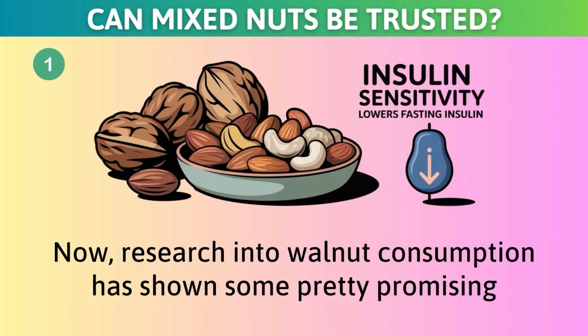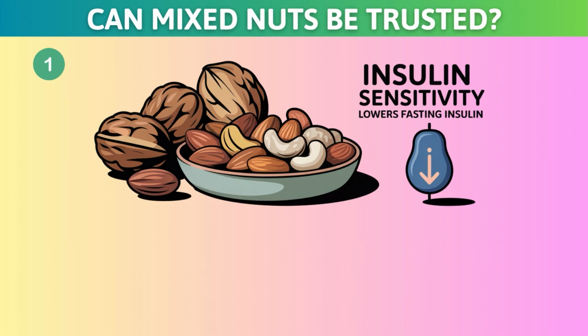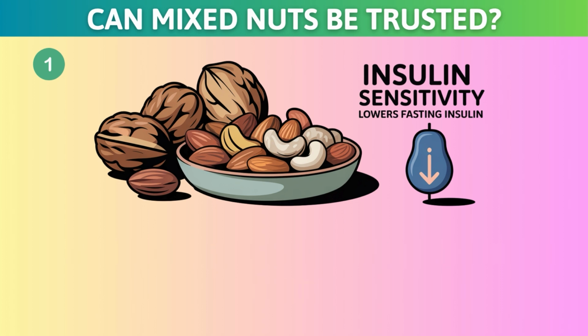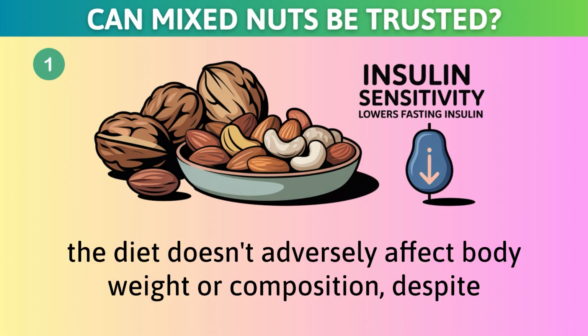Now, research into walnut consumption has shown some pretty promising results for glycemic control in people with type 2 diabetes. Studies suggest that regular intake of walnuts may improve insulin sensitivity and lower fasting insulin levels. Some clinical trials have even indicated that incorporating walnuts into the diet doesn't adversely affect body weight or composition, despite